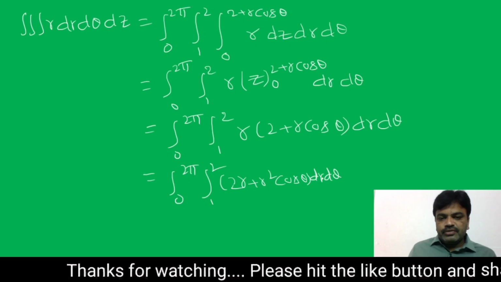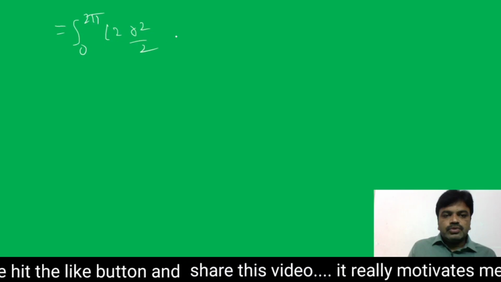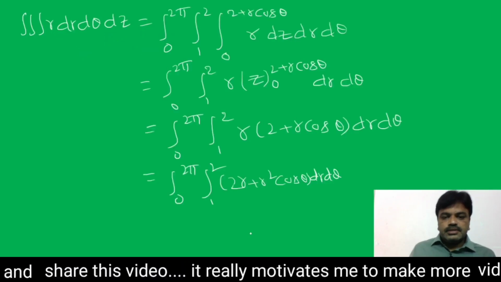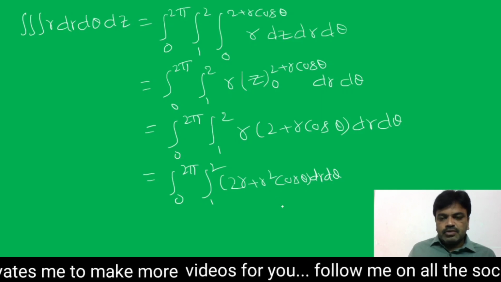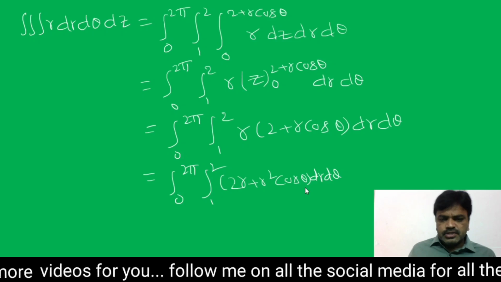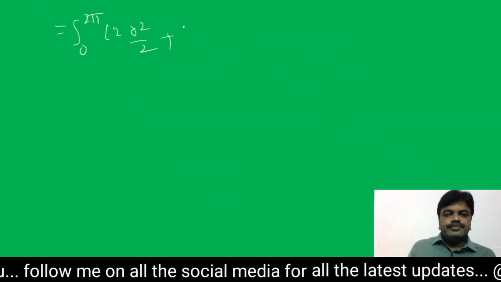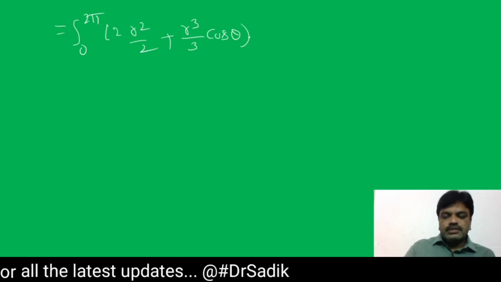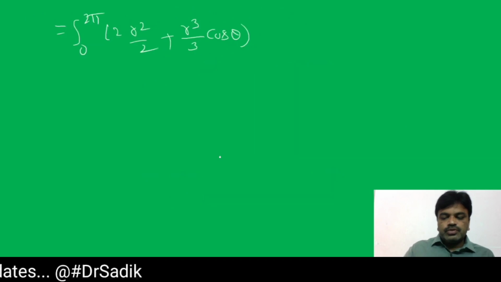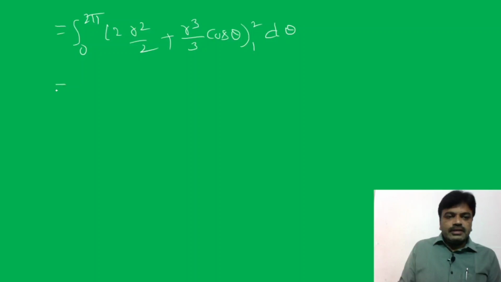Integral of 2r, we get 2 into r dr is r²/2, plus integral of r² dr, so r³/3 cos θ, with respect to r, θ is constant. Okay, between the limits, what are the limits, 1 to 2, into dθ. That is equal to integral 0 to 2π, substitute the upper limit in place of r, 2,